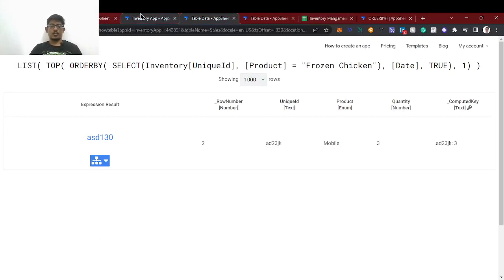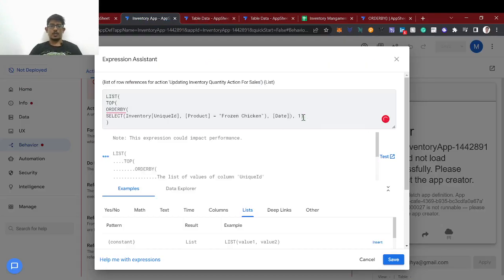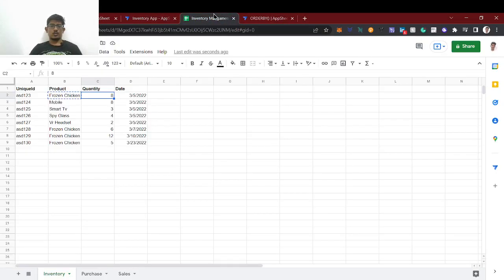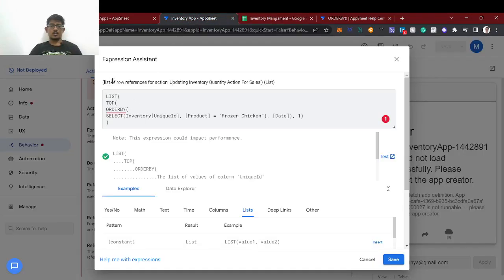I mean we have to sell out. So I am just removing this for now. Just remove this parameter and the top one. So this is like we have made it ascending order in date, and we are fetching the first one of this data. So these are the frozen chicken 1 2 3 4, right? And we are getting the first unique ID of that thing. So that's why I use this top one, and since it wants this list type, we are converting it to list. Okay, now I save